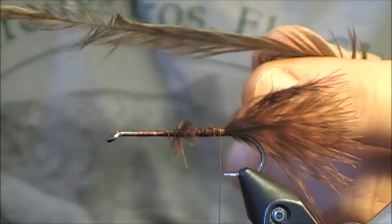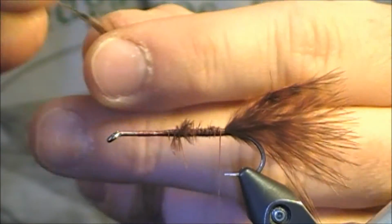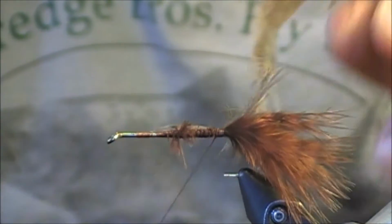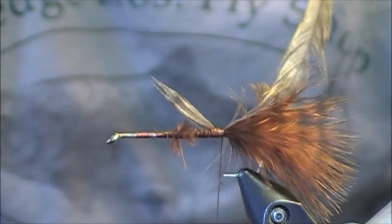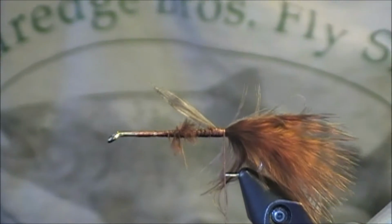I don't really like the very thin hackles. To tie this one in, I'm actually going to start at the tip, pull back some feathers close to the tip. I'm going to leave the tip in and just tie that tip directly in. So I have the leftovers of my hackle. The butt section was in my left hand. I'm just going to leave this little piece flap, and I can actually tie that in as I'm wrapping this